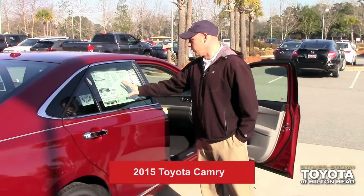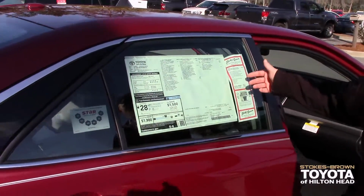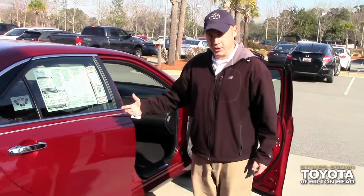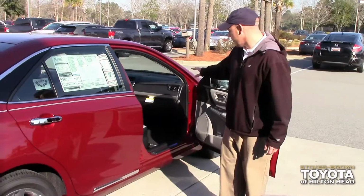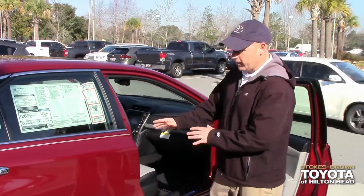As you can see, the whole sticker price on this guy is going to come to $30,700. That comes with our chrome package as well as a first place finish. Now our first place finish is a spray-on material that goes in through the inside and a wax base on